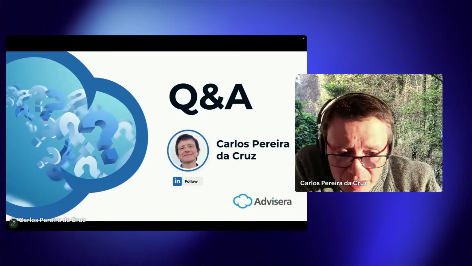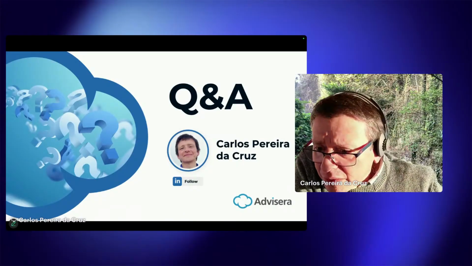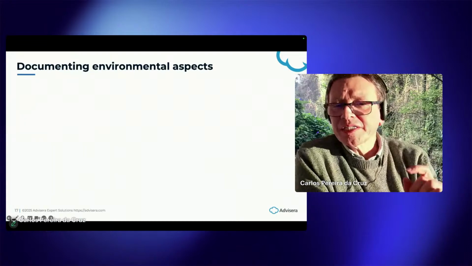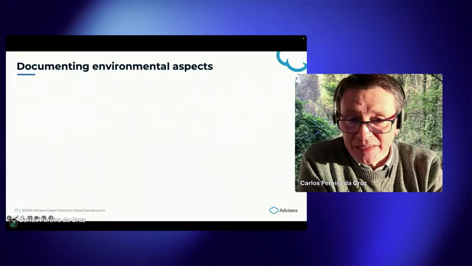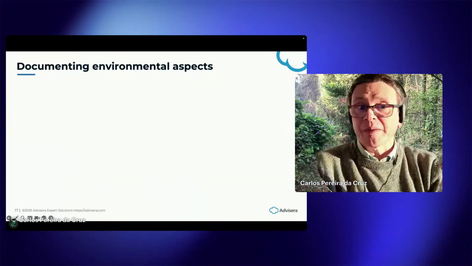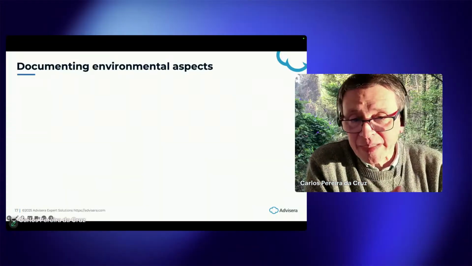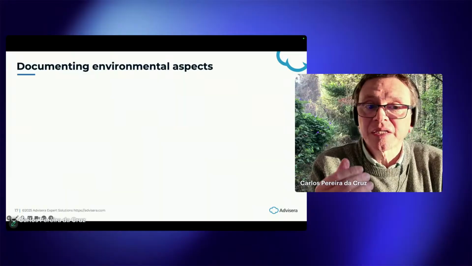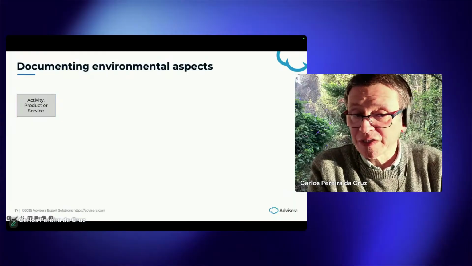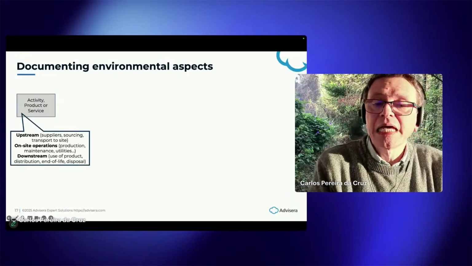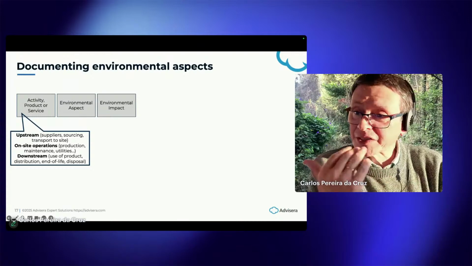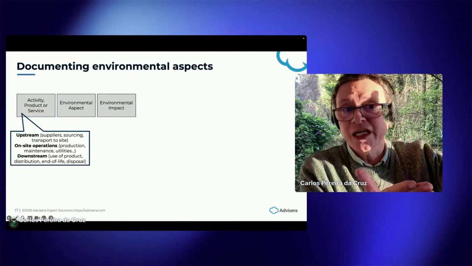Let me show you here. So we have another question. Hem asked, what is the best way to document environmental aspects? This is my way. I do not say that this is the best way, but the most effective way to document environmental aspects is to create a structured, consistent register that connects each activity, product or service, and don't forget the life cycle perspective, to its environmental aspects, what interacts with the environment, and the associated environmental impacts, what may change in the environment,